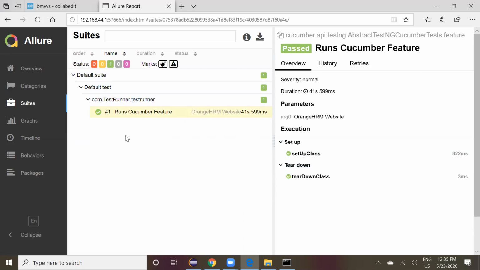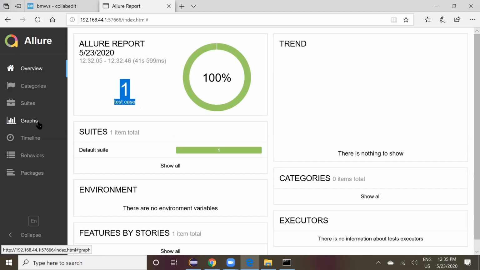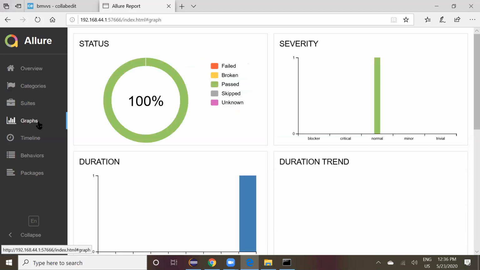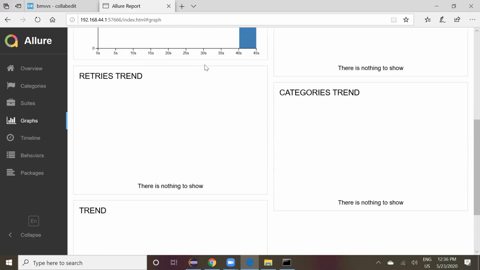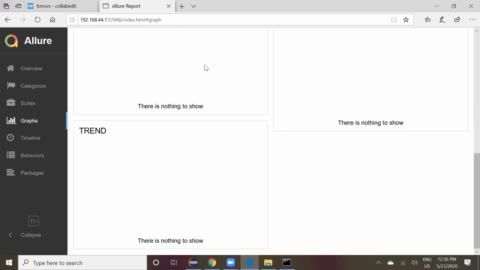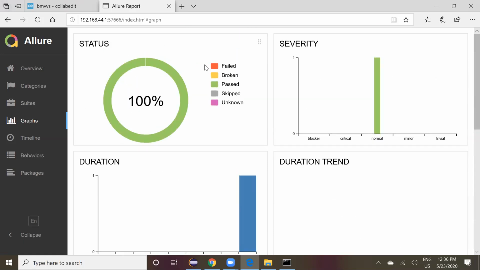Can you go to graphs? Mouse over on the bar chart. One test, 100% passed.